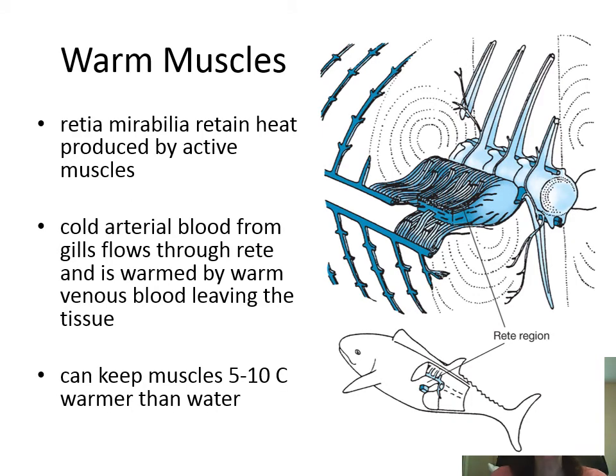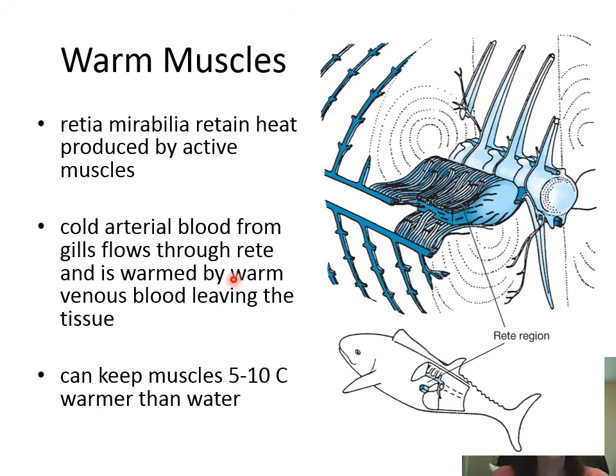So what we see are these warm muscles. So we're going to go back to another rete mirabile. In this case, it's that wonderful net, right? All of those veins and arteries in there. And they retain the heat produced by active muscles. So again, it's that idea that when we use our muscles, we produce heat, right? You go out for a run, you do a couple deep knee bends, you're going to feel the heat, you're going to get hot. And that's because when our body converts the glucose into energy, it's not very efficient, and we lose a lot as heat,